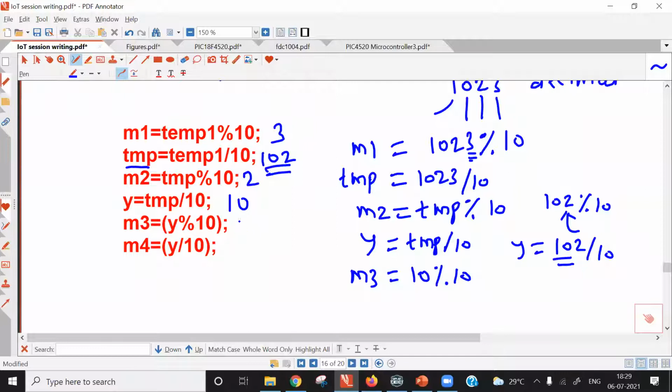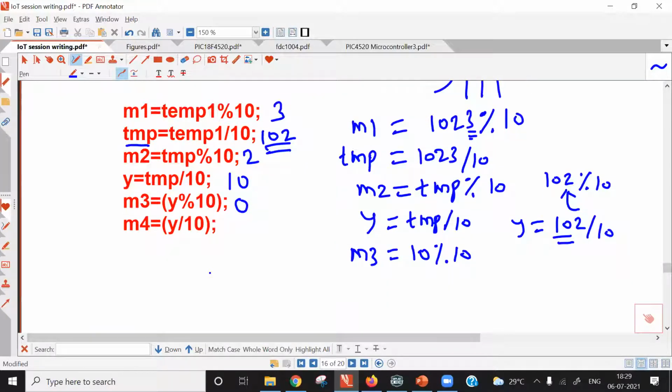Remainder is 0. So this is 0. The last instruction is y divided by 10. What is the value of y? Y has value 10. 10 by 10. What do we get here? We get 1. So we are interested here in 4 digits, which are saved in m1, m2, m3, m4.